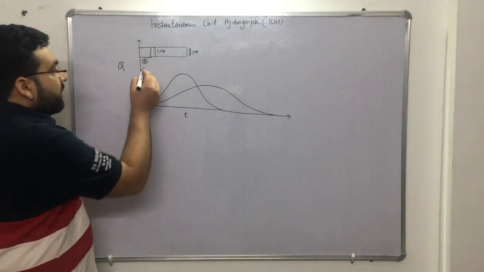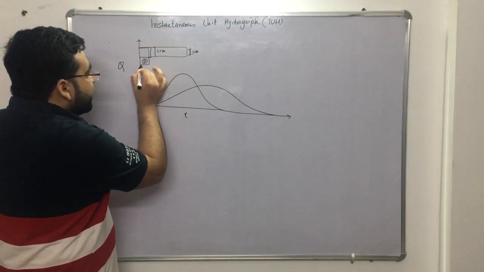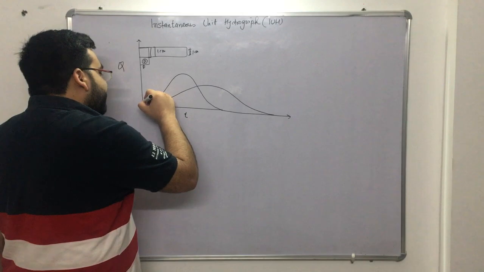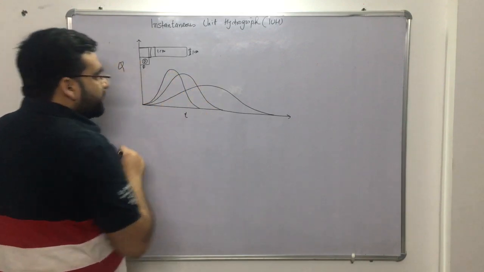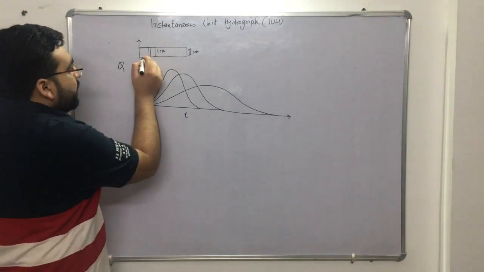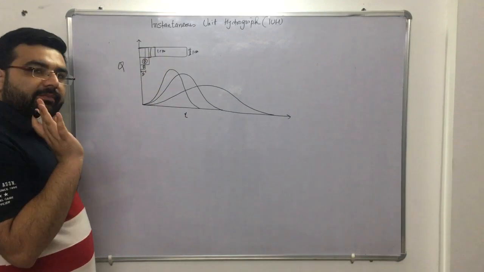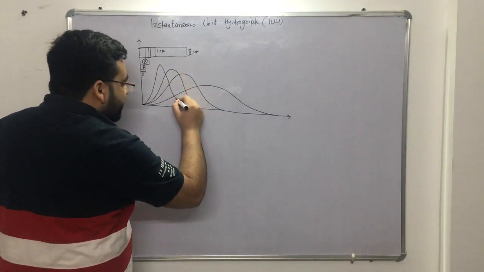If the duration of this rainfall decreases, let us say it is like this. This is the duration of the rainfall, right? Then what will happen? The curve will be like this. It will be like this. Clear? Now, the duration can still reduce. It can still reduce. This is small d, very small d, right? So, the curve will be like this, very skewed, like this.